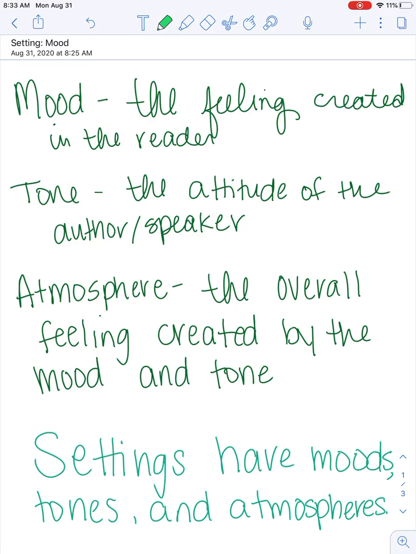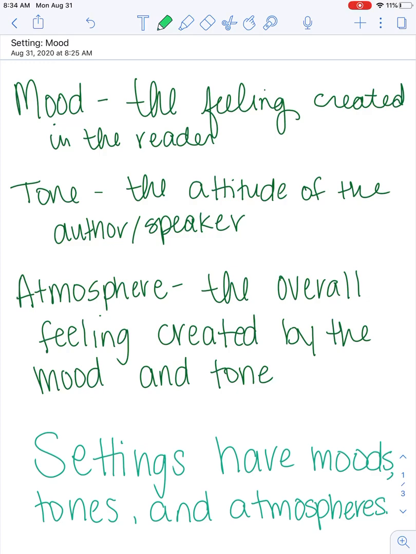The tone, on the other hand, if we think of tone, we might think about how something is said. Sometimes people will get mad about someone's tone. They'll say it's disrespectful, or maybe it's a sarcastic tone, or sometimes we can have a more positive tone to our speaking. So tone is going to be the attitude of the author or the speaker in the text. So it's going to be more like how the character is feeling or how the author is portraying this place or this thing that is happening.